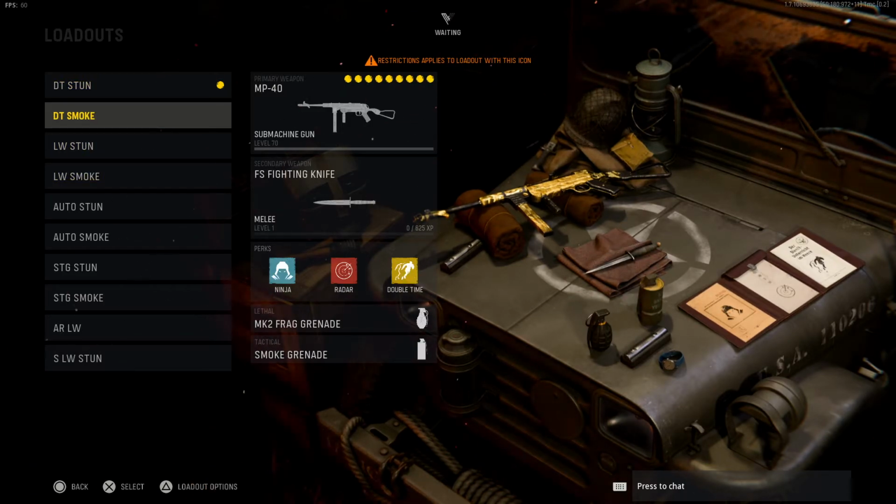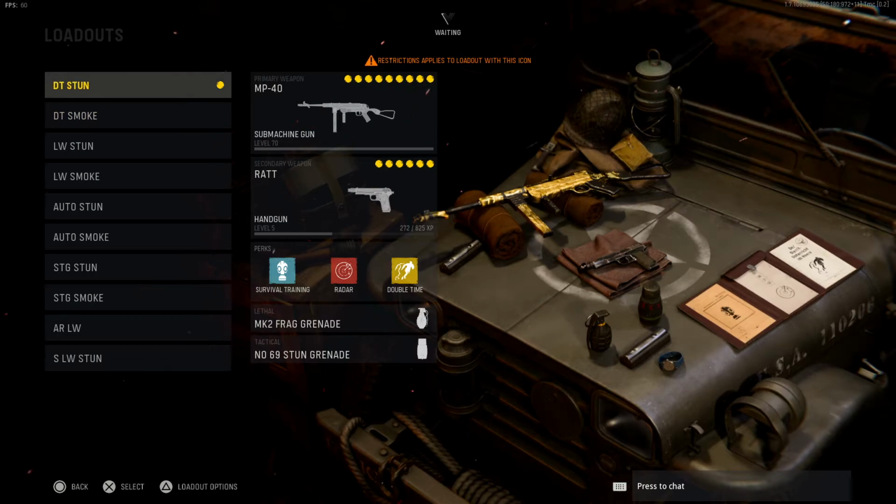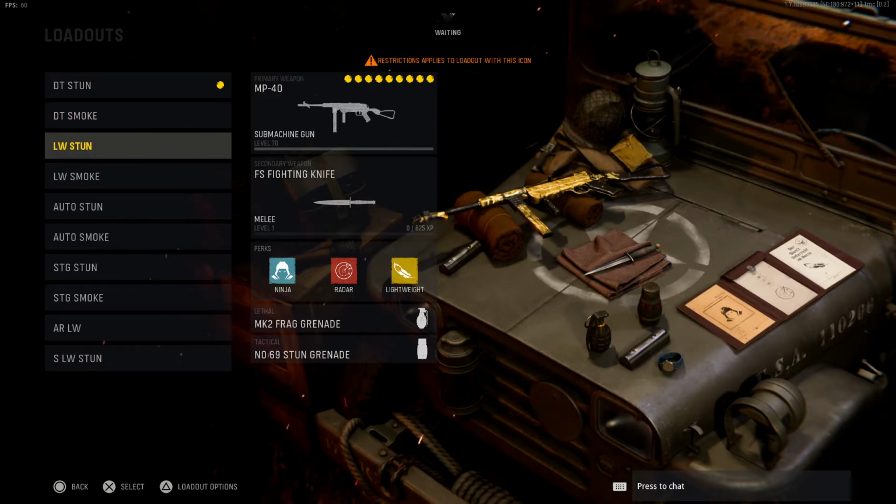So typically, I run stuns in respawn, and I run smokes in search. So my stun classes I have on survival training. With my smoke class, I have on ninja. For this stun class, actually, I also have on ninja though, because what I have found is there's some maps,